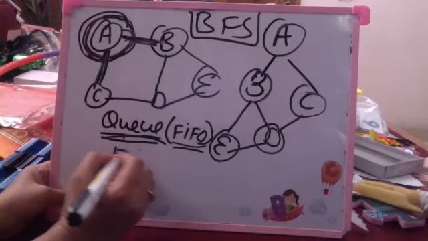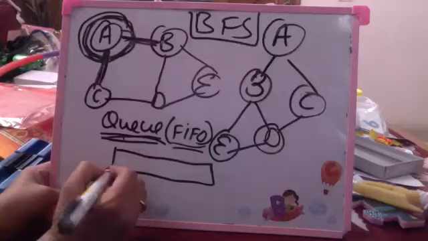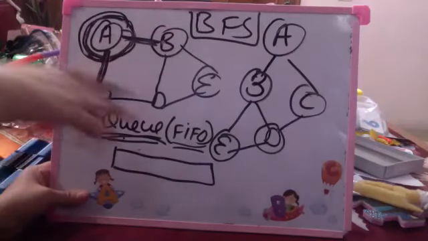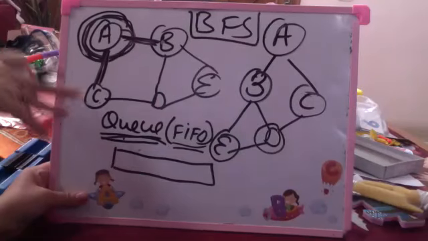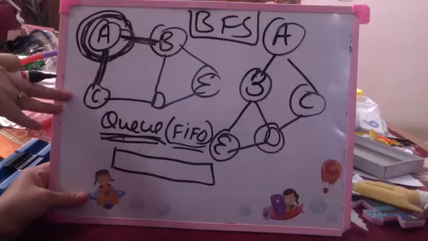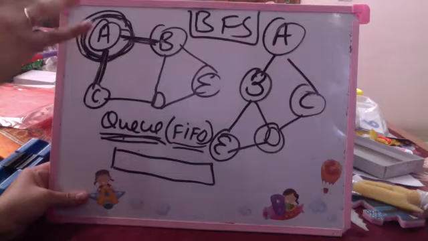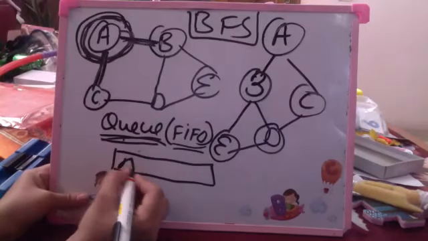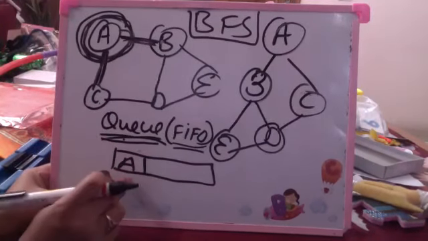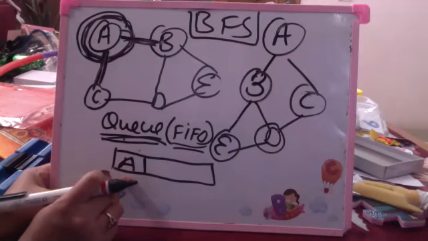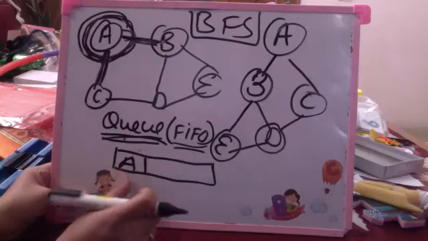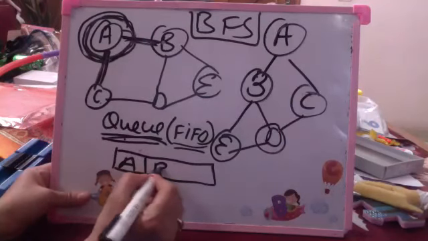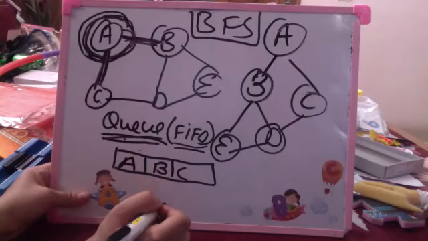So I create a queue. Initially, I begin with the source node, which can be any node in the graph. Unlike a tree, which has a root, in a graph any node can be the root, wherever you want to traverse from. Supposedly, that source is A. So you insert A in the queue. After A, all of its adjacent nodes are inserted. So you insert B and C in the queue.